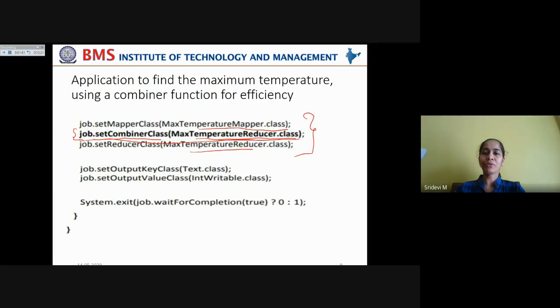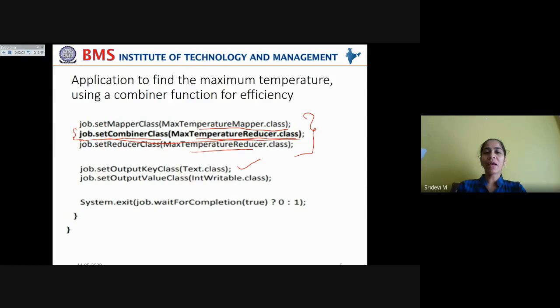Do not get confused. Though you are using max temperature reducer class to set this combiner class, still it runs on the output of the mapper class. It doesn't run on the mapper side, but it runs on the mapper's output and it gives the reduced input to the reducer class.